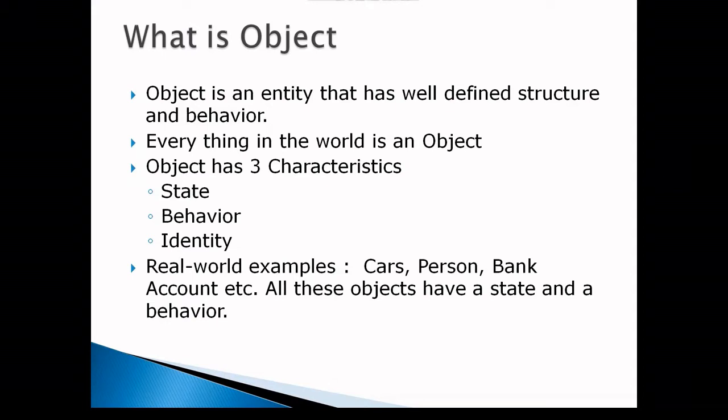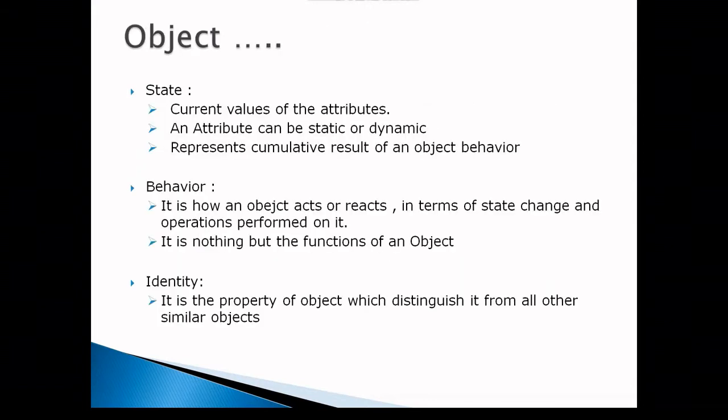All these objects have a state and a behavior. So what are the characteristics of the object? Let's see. State is nothing but the current value of the attribute. An attribute can be static or dynamic. Suppose a window is an object and it has two attributes, width and height. So we can assign a value to the width and a value to the height. We can say that the current state of that object is a specific value of height and width. That means the state is nothing but the current value of that attribute, and it can be assigned directly. We can initialize the state, or we can initialize it dynamically through some functions.